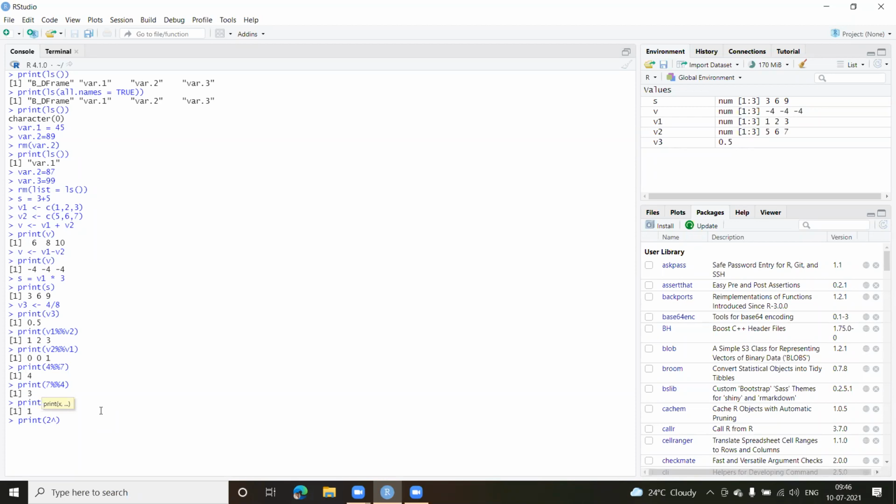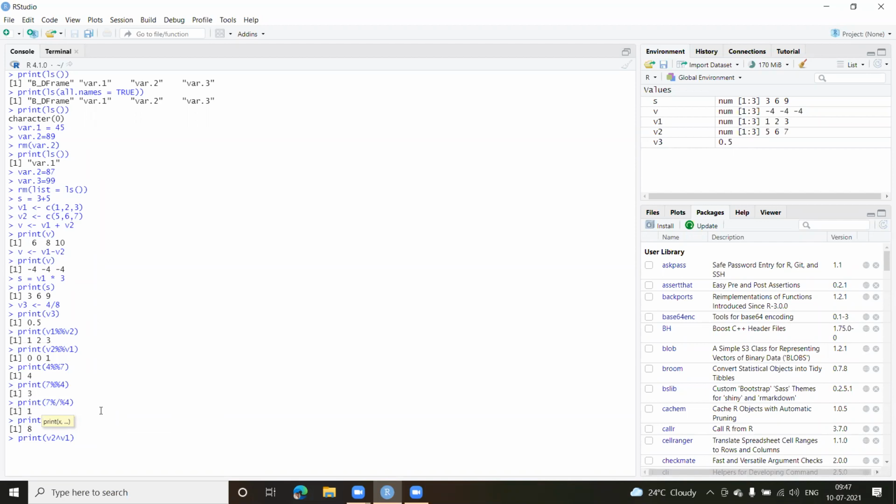Let us say 2 raised to 3. So the answer is 8. 2 2s are 4, 4 2s are 8. You get that answer. You can do it with vectors as well. So if I want to print this and I have the second vector v2 raised to, so I give the caret sign, v1. So v1 has 1, 2 and 3.